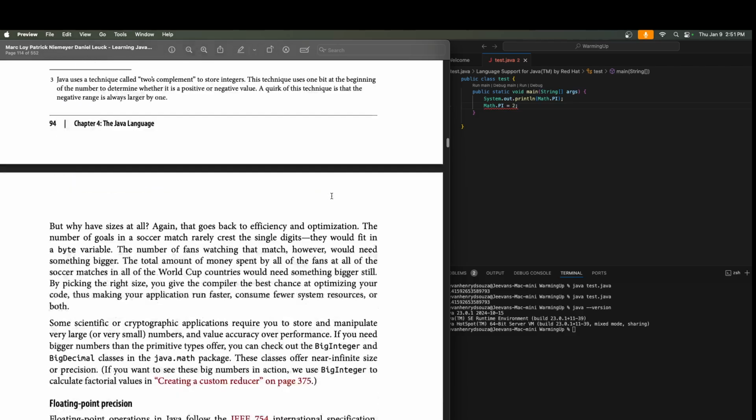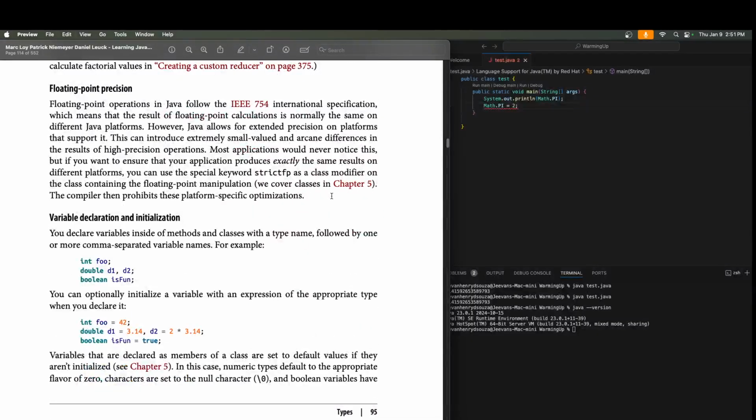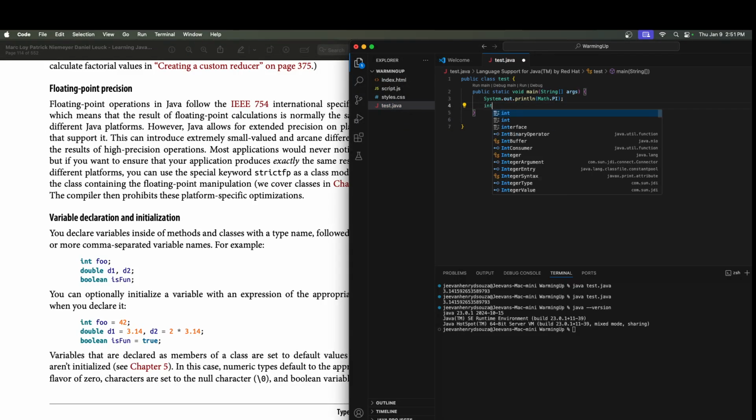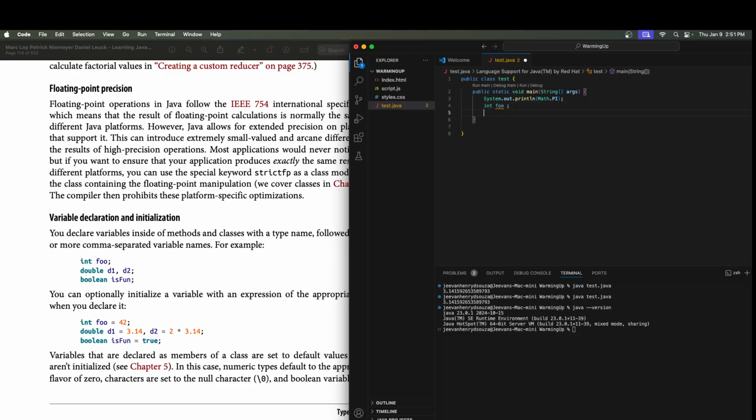So let's create a variable. The way you create a variable is you say what type it is and you mention the name. It's not necessary to initialize it, although